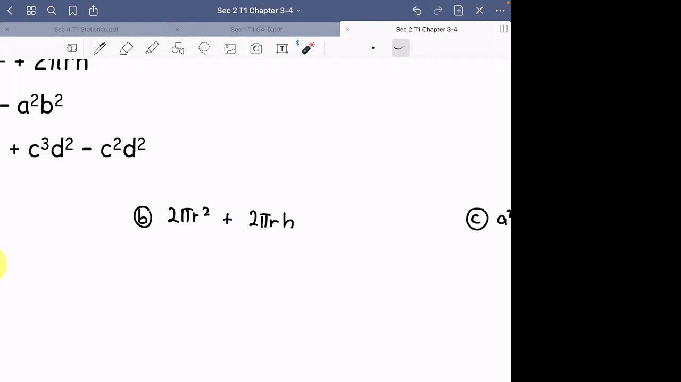Now, this one is for finding the surface area of cylinders. Have you had that in Sec 1? I don't think so. Okay. Anyway,